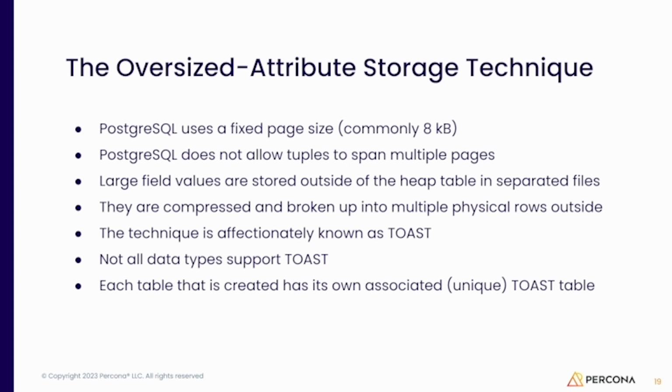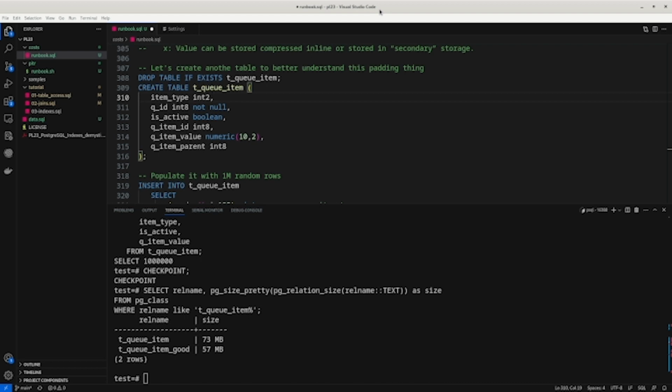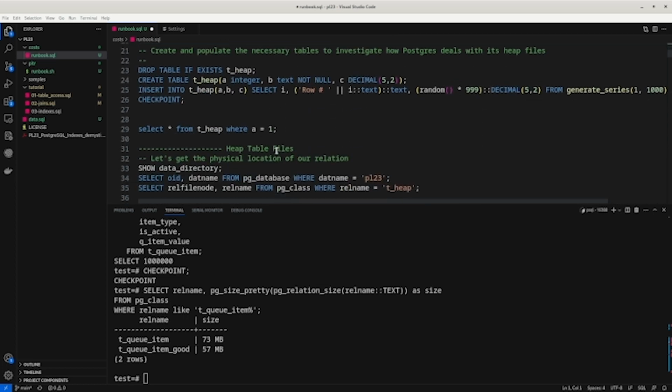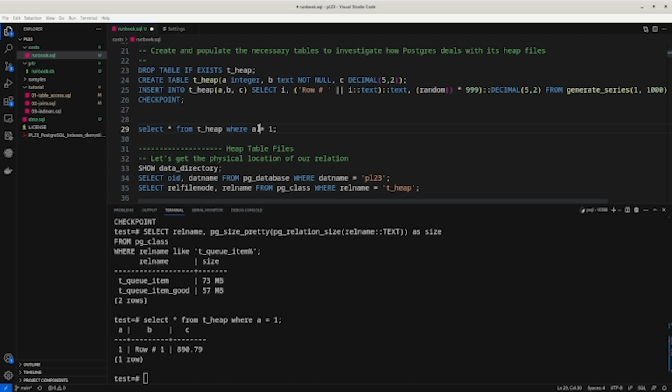And understanding what is toast and how the database stores the data also brings another problem. Remember my select here. The first select that I did was a select star, right? Somewhere here. Okay, just found it. So I did a select star. In this case, nothing fancy, the data were pretty small.